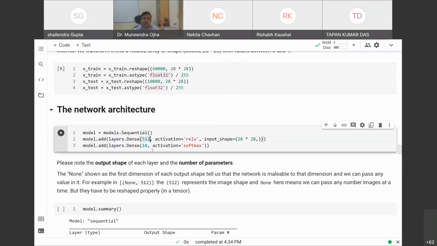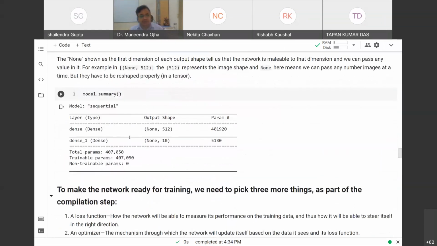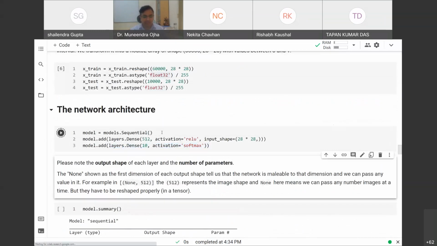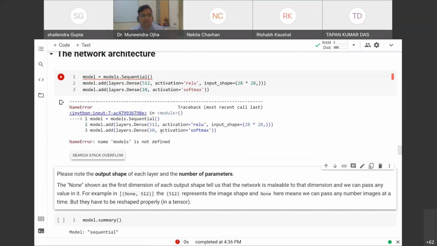This is activation. So we have one hidden layer and one output layer, and the first layer is the input layer. Very simple, very basic. Keeping it very simple, with this simple network itself, we will be able to achieve good accuracy. So you see, one hidden layer with 512 neurons and one output layer. Now, when I see this summary, let me execute this so that the model will be created.